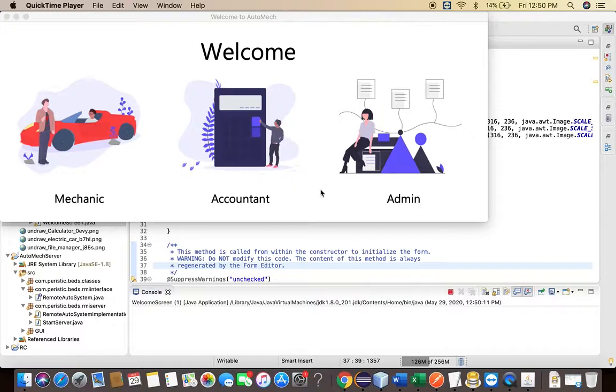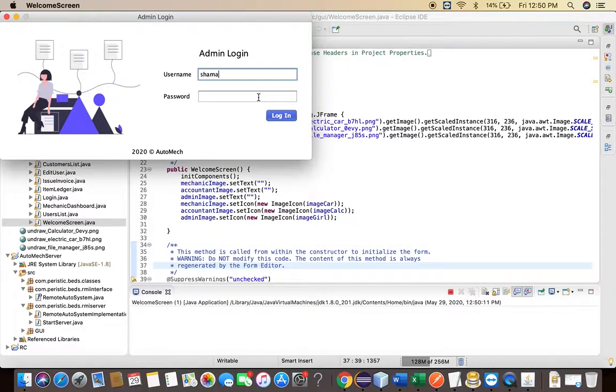This is my demonstration for the CIS project. So this is our welcome screen. We have an Autoshop management system called Automec, and if you click on the admin here, we can log in